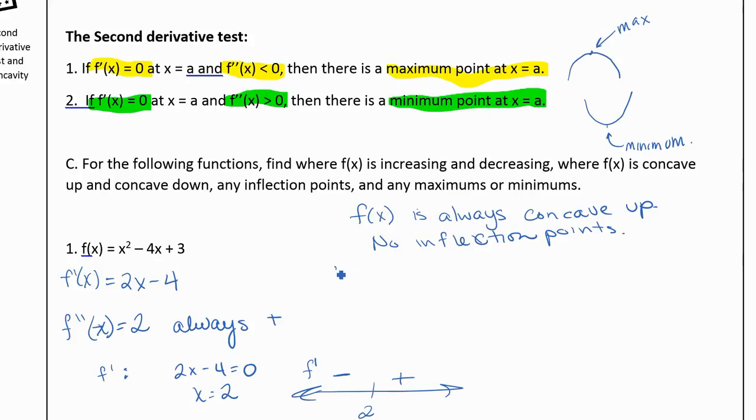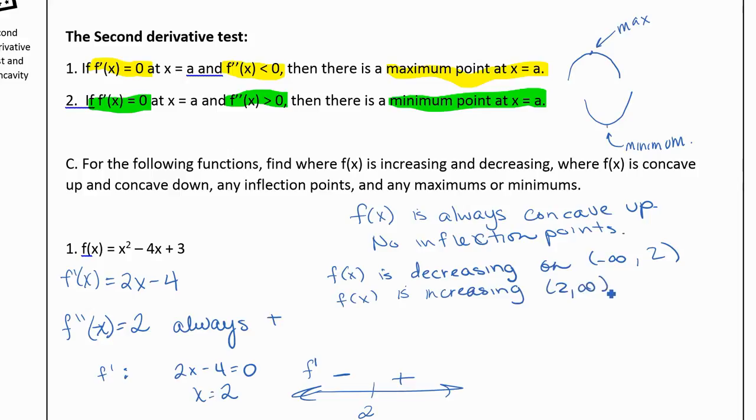So this tells us that f of x is decreasing from negative infinity to 2,